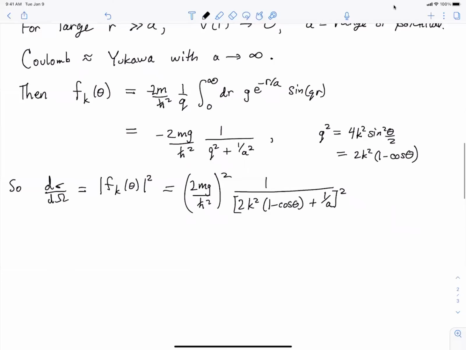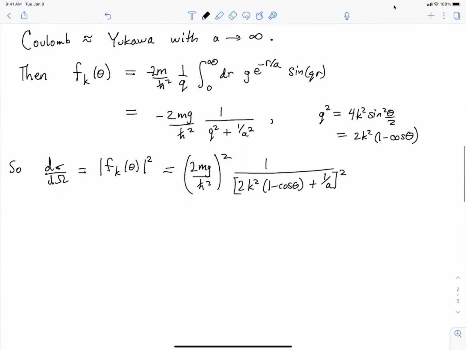Okay, and so that's the result for scattering from a Yukawa potential. Again, this is the Born approximation. It's not the exact result. Okay, but now that we've got it, we can go ahead and see what happens in the a goes to infinity limit. So we're going to take a goes to infinity. And we might as well plug in that case, that g is ze squared to make it look like the Rutherford scattering case. And then we just get d sigma by d omega is